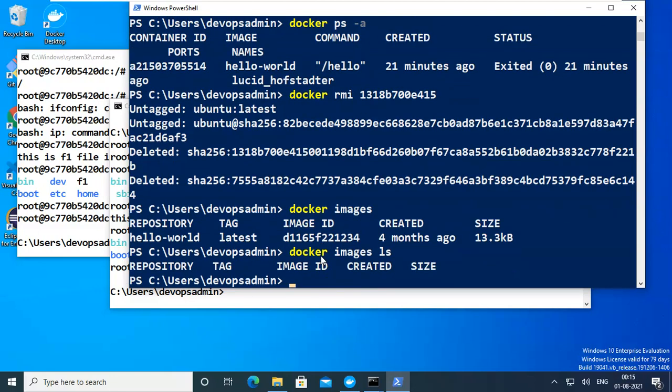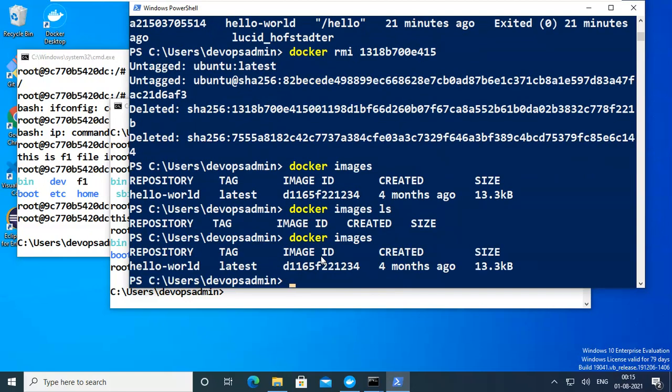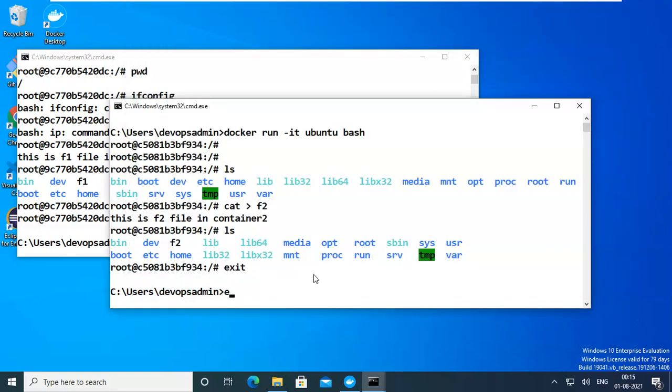If you use the command like ls, repository tag, same thing, it is not showing anything else. Just docker images, only hello world is there, Ubuntu is finally deleted. So this is how we can pull the images, run the images, meaning creating containers, and how to stop the container, delete the containers, and delete the images. If you don't require that image, then no need of it. Okay, so I'm closing one by one. That's it. We'll see the remaining things later.